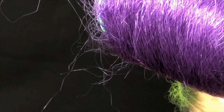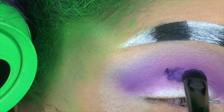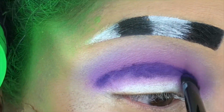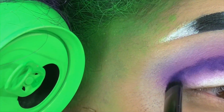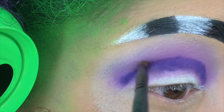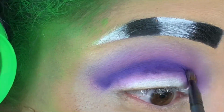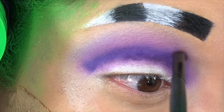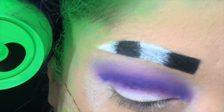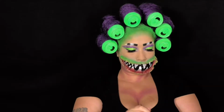And the 35B palette, guys, honestly is good when you're doing bright makeup looks because it has all those transitions that you need when doing these looks. Seriously, it really does. Okay guys, so now we're going to, with a small blending brush, blend out those outer edges. We don't want to blend this color too much because we're gonna do a cut crease. So you want to make sure that it's dark where it needs to be. So going back in with a blending brush, I'm just gonna use a blending brush because